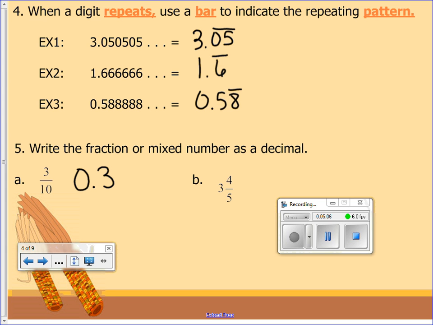Now notice in B, can we write an equivalent fraction to have a denominator of 10? And the answer would be yes. So for 3 4/5, the equivalent fraction is 3 8/10. So if we wanted to write this in decimal form,